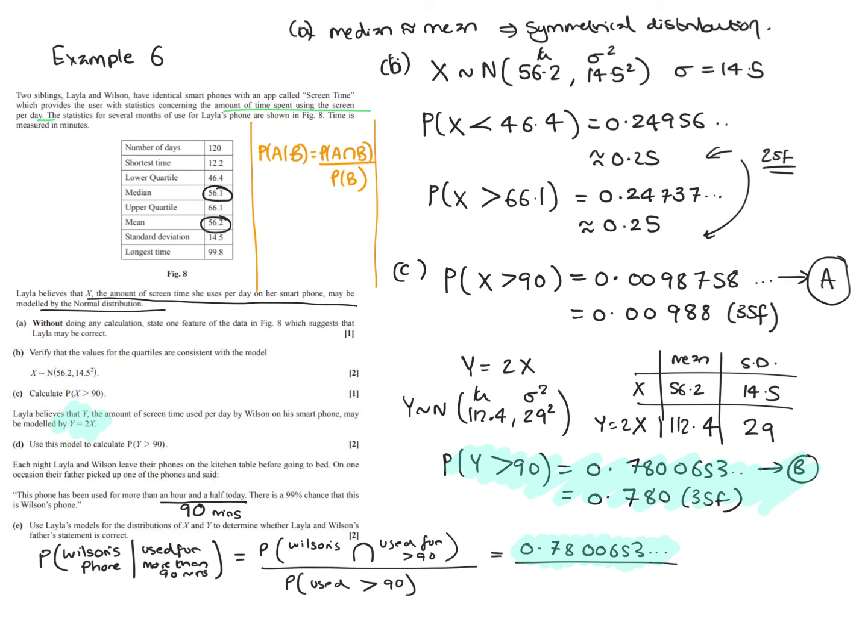Well, either Layla's phone has been used for more than 90 minutes or Wilson's phone has been used for more than 90 minutes. It's an or situation. We want to add the two separate probabilities together. So this is 0.780065 add